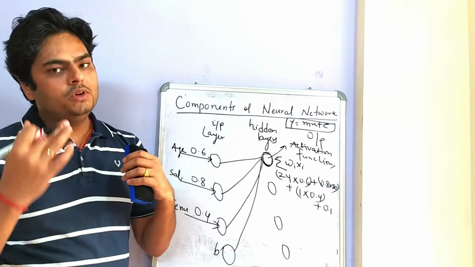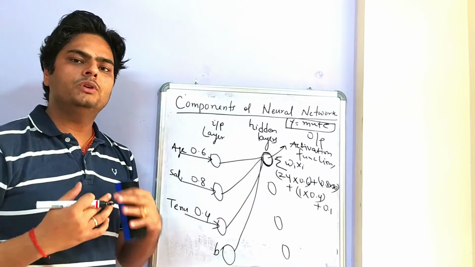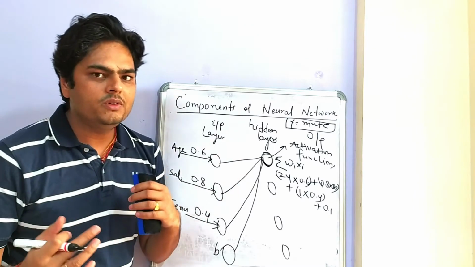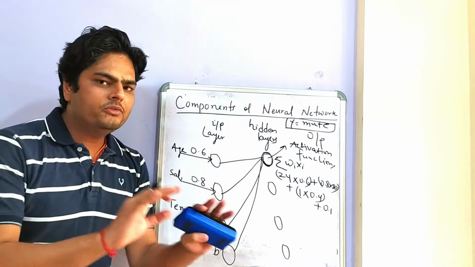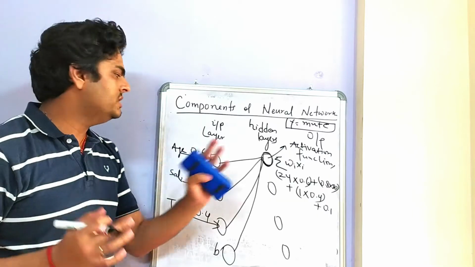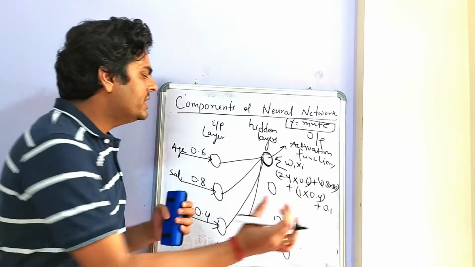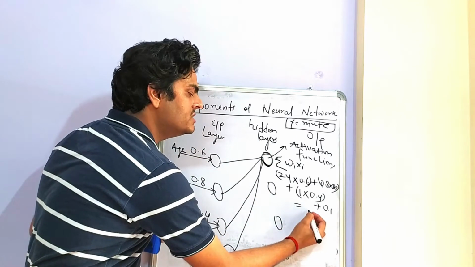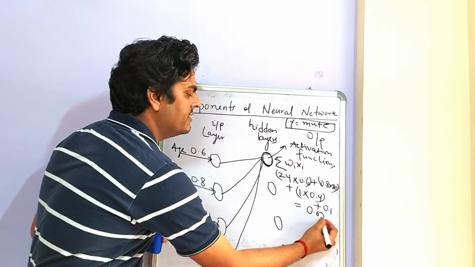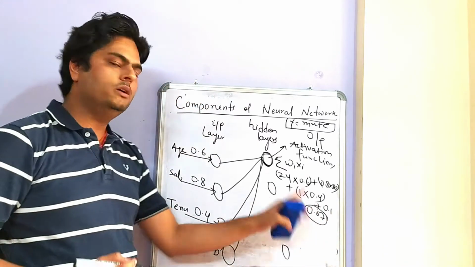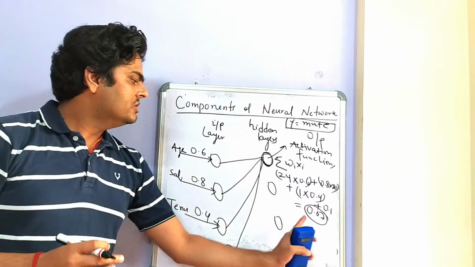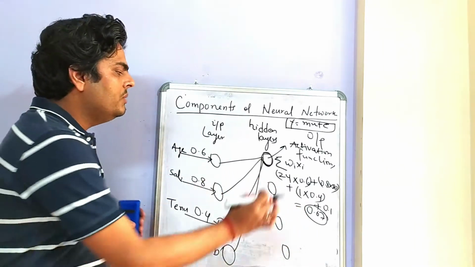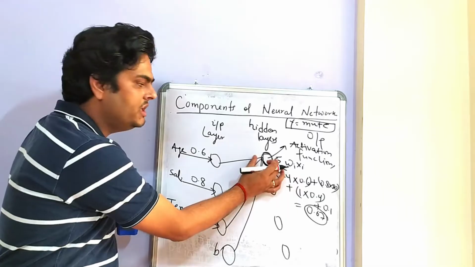Similarly, an activation function takes an input and gives an output. I have created a video on activation functions. The link you can see here. You can refer to that video for knowing about the different activation functions used in machine learning and deep learning. Now, let's say for simplicity, this number is 0.67. I am just writing a random number here, 0.67. So this 0.67 will pass through the activation function here.